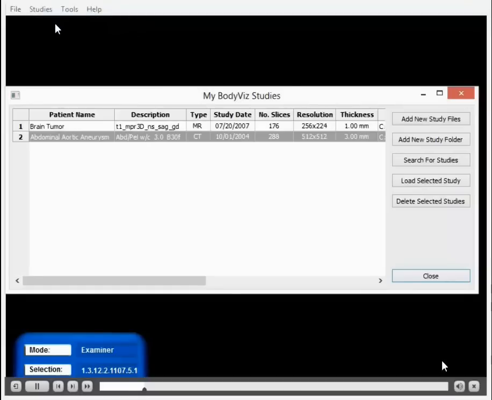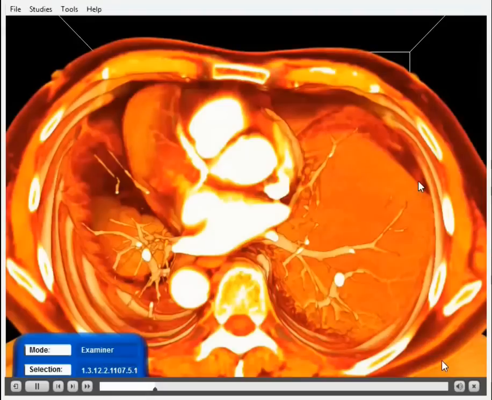What I'd first like for you to do is to launch a new study. Go to the tab on top that says Studies and go to My BodyViz Studies. The system you're working with will have many more of these loaded in the memory than we have now, but this is just for demonstration purposes. Find the abdominal aortic aneurysm study and load the selected study into the system. As it loads, you will see that it actually puts the CT scans in a three-dimensional image on the background